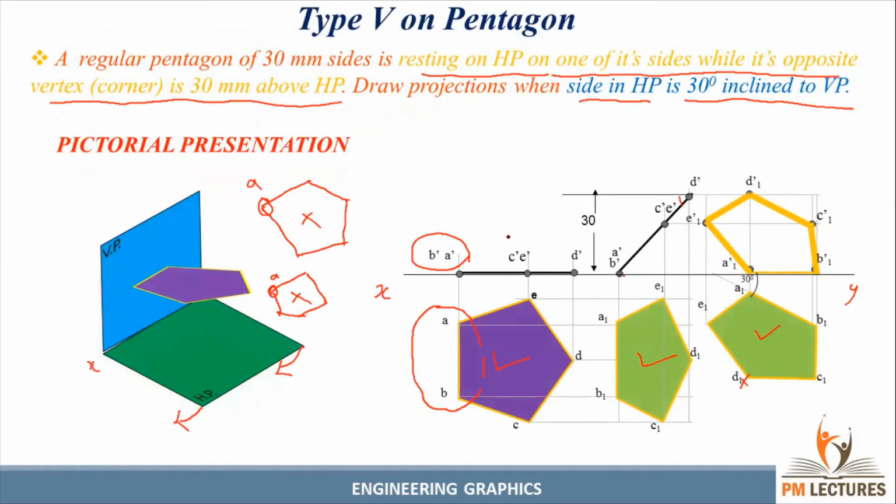So the first step, according to the question, is to draw the plane parallel to HP. The second step is to draw the condition: here one of the corners is 30 mm above HP. The third step is the edge inclination. And the fourth step is to draw the projection and find the final position. This final one will be drawn darker, and the other projections are construction lines.